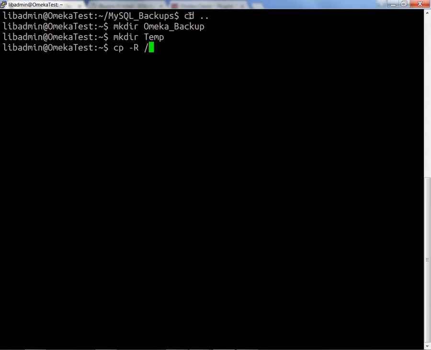cp -r, and so the source of that is at var www html. I don't know where yours is. You may just only have it in the www directory. It may not be in the HTML. That's something you'll want to kind of look into before you start doing this stuff. So we want to copy everything in the HTML directory to this new temp location, which is home libadmin temp. And so